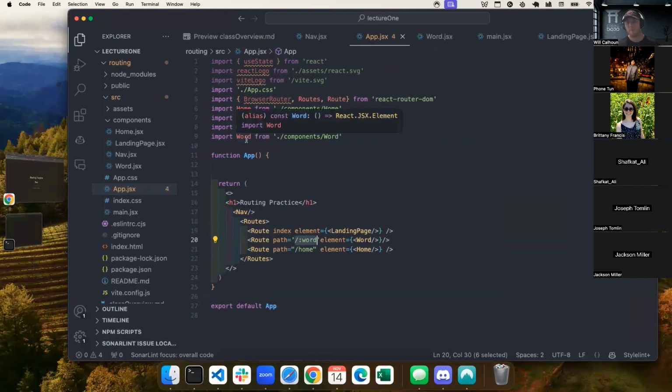One thing to note is sometimes this actually isn't how I thought it would react. Sometimes it goes top to bottom. So we have to be aware that if I am just saying that this is a slash some word, well, home is technically just some word. If we're going to deal with dynamic routing, my rule of thumb is I just put it at the bottom. That way, if it does go top to bottom, it's going to get my actual static ones first. And then at the end, if it's a word that I don't recognize as a static page, it's going to pull that up, if that makes sense.